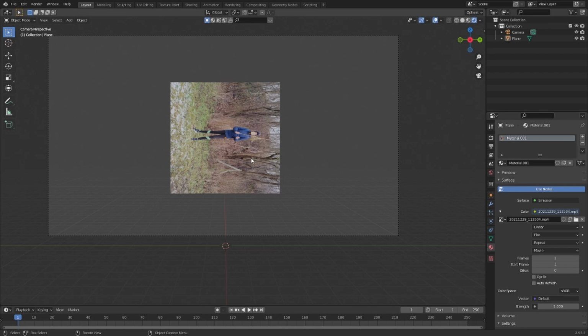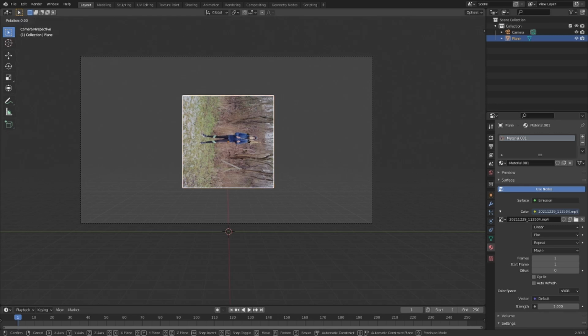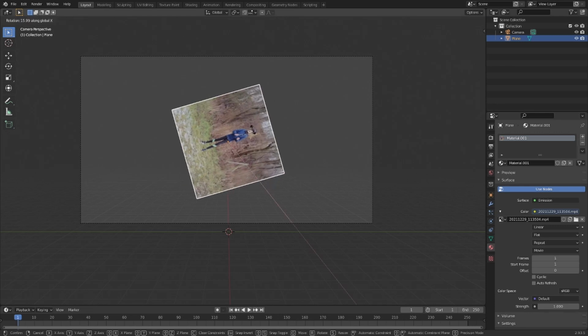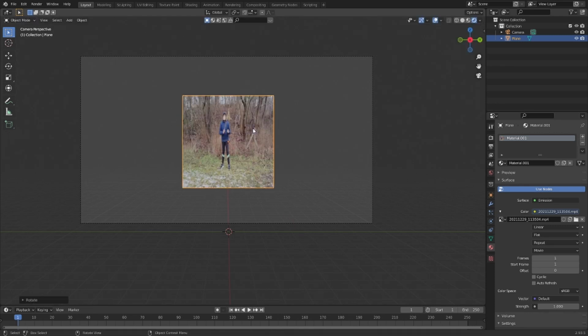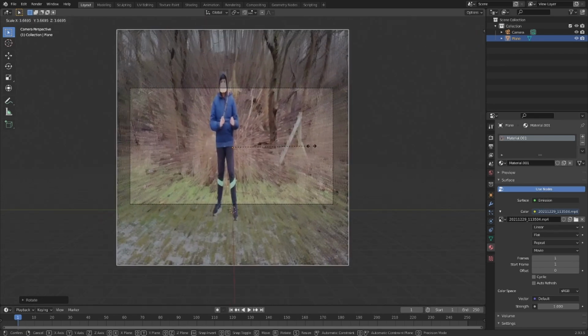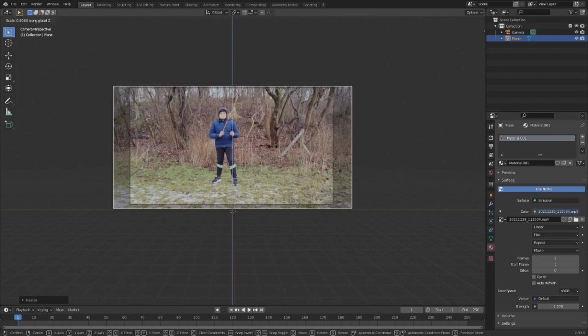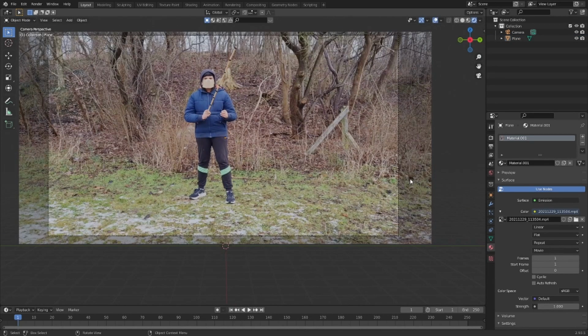Now maybe you'll have to rotate it to be rotated right. I can see that I need to rotate it on the x-axis by 90 degrees, which will make myself face correctly. It could be different for you, maybe not. But now you scale the plane up so it fits the whole camera, like so. And then under here, firstly